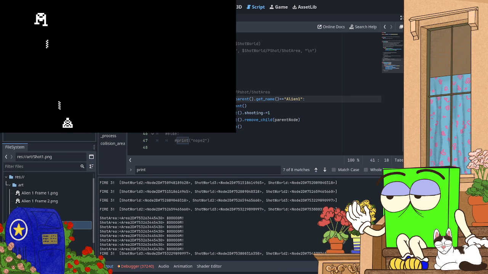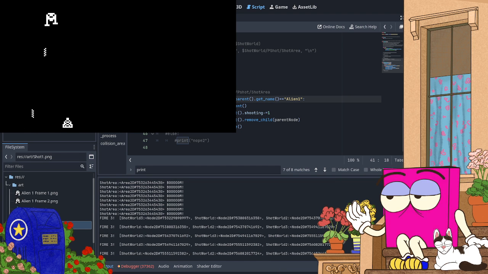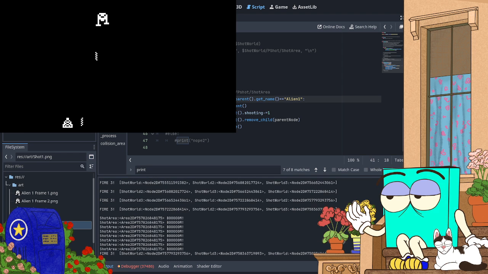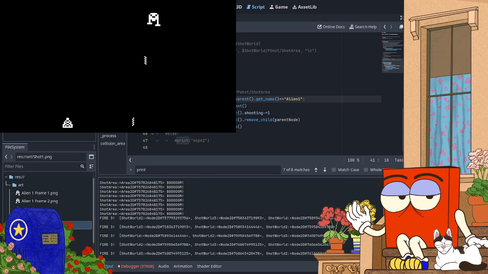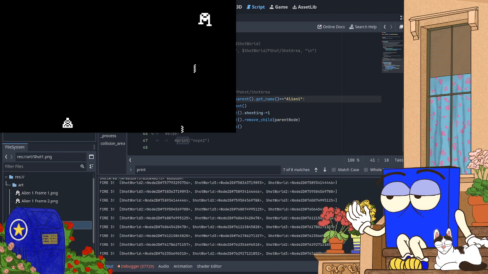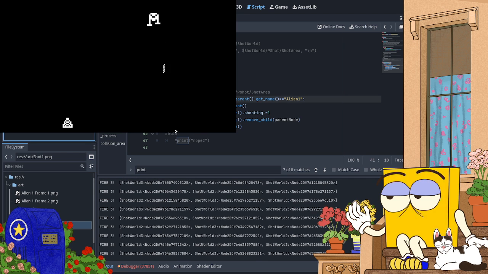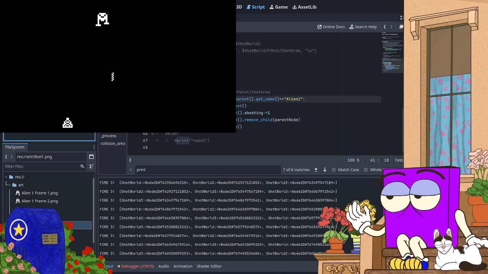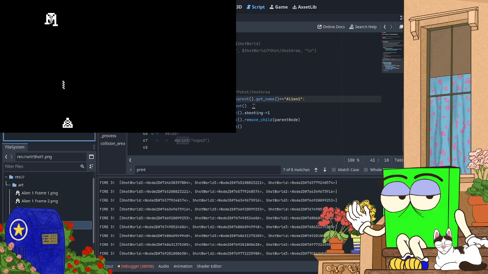Okay, because it's not this node that's being tested, whose parents are being tested. It's area 2's nodes. And area 2 will be this. So get parent, get parent.